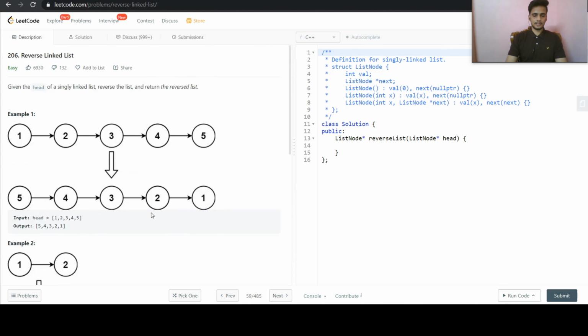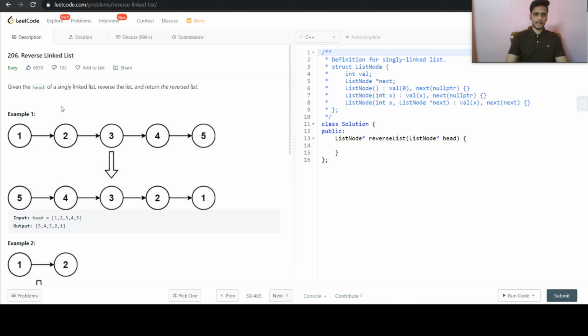So for reversing a list, what we will do is take a pointer, this one pointer here, then another pointer pointing here, and then we will take another pointer, next, pointing here. So once we have these three pointers pointing to these three nodes, for pointer 2, we will make its next point to the first pointer's value.